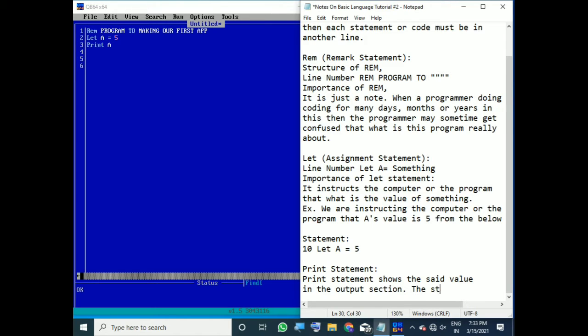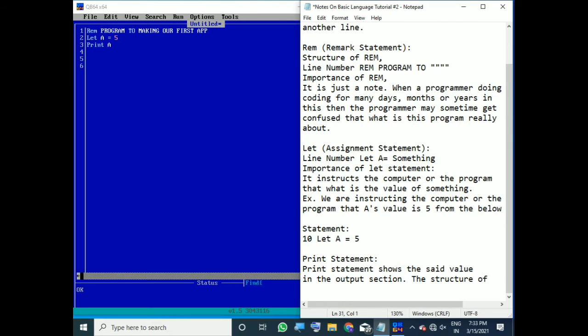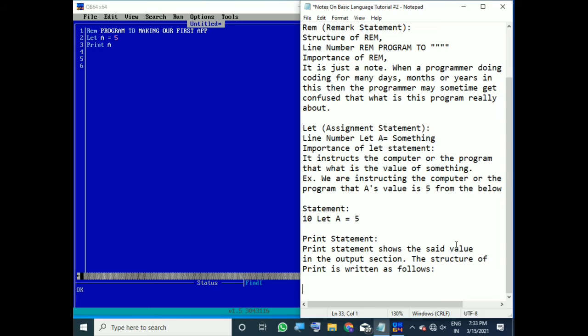The structure of print is written as follows. So let's write it. What is the structure? The structure is line number.